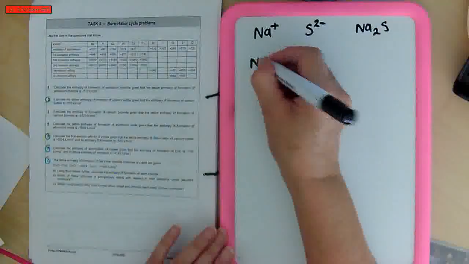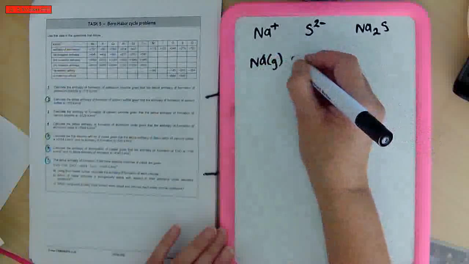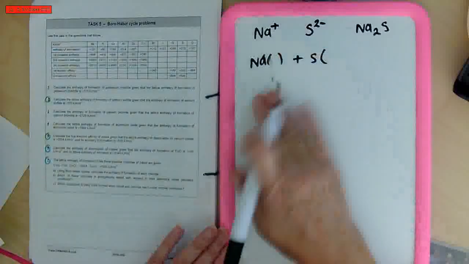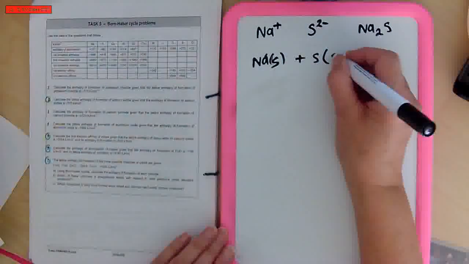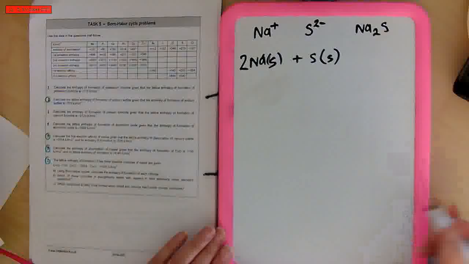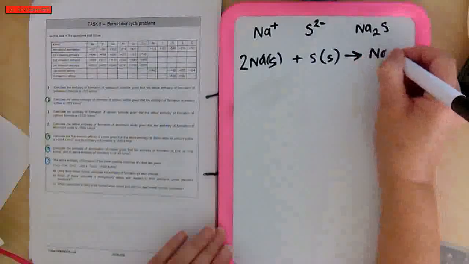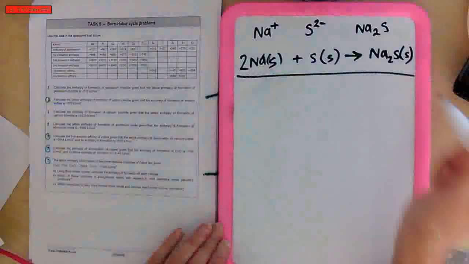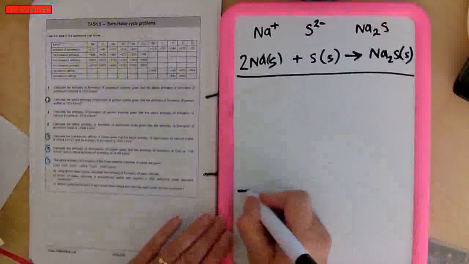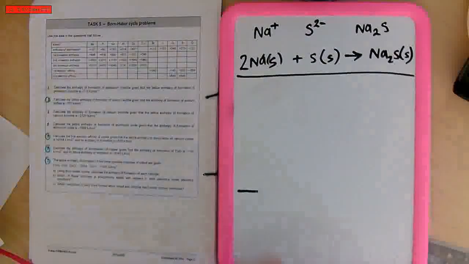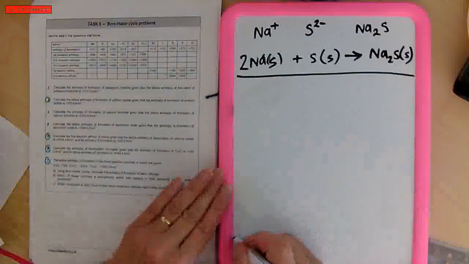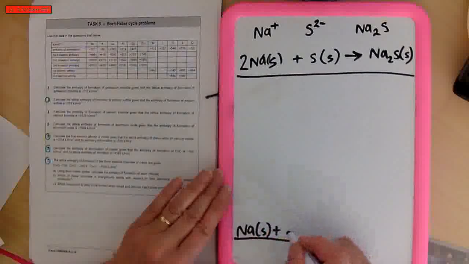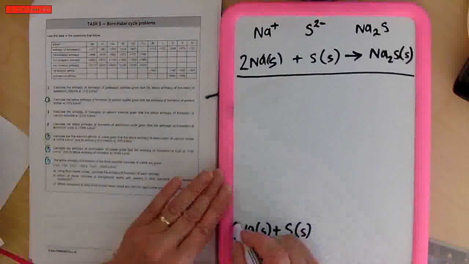Okay, so if I write down the balanced symbol equation, then I am going to need 2 sodiums, 1 sulfur to give me sodium sulfide, which is a solid. Okay, so I can write my enthalpy equation from that. So I'm going to start a little lower down to give myself space. So if I start here, so if I've got sodium solid and sulfur solid, I need